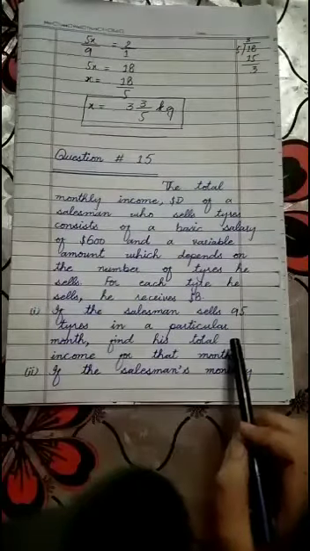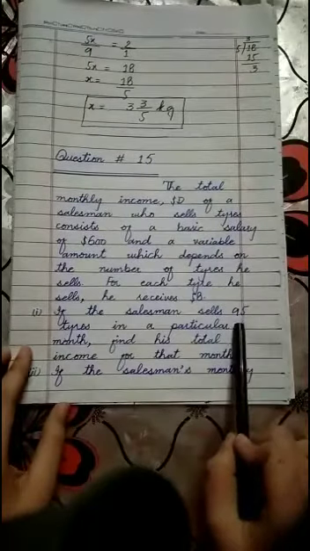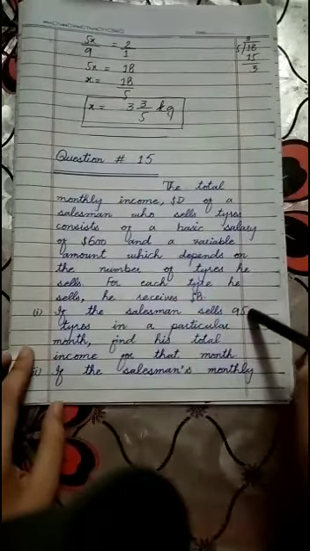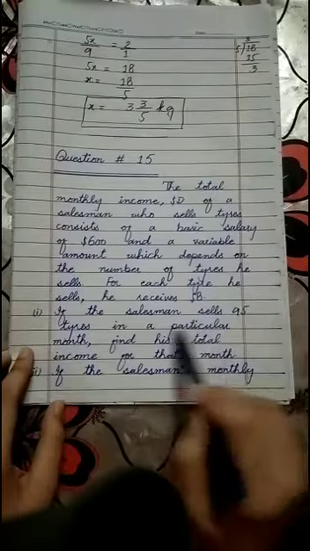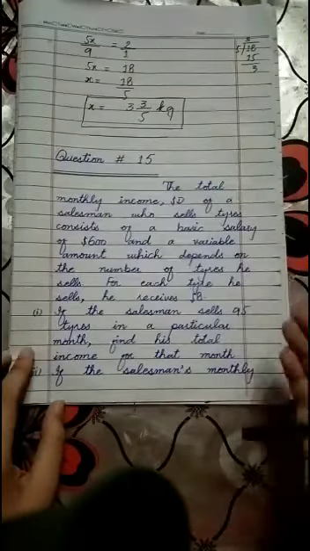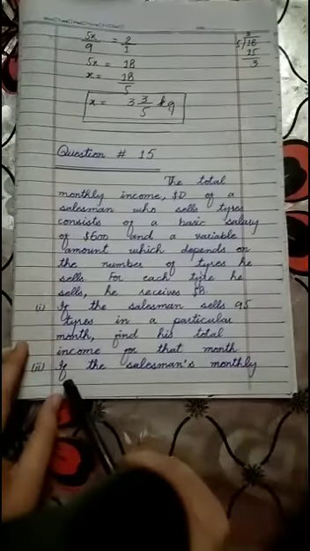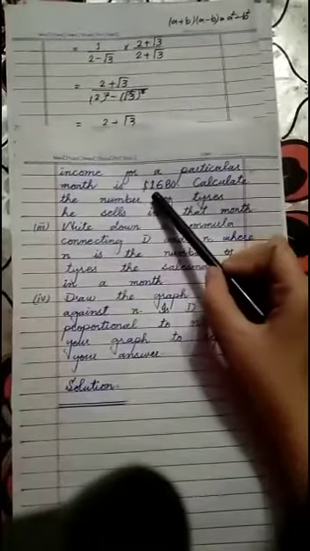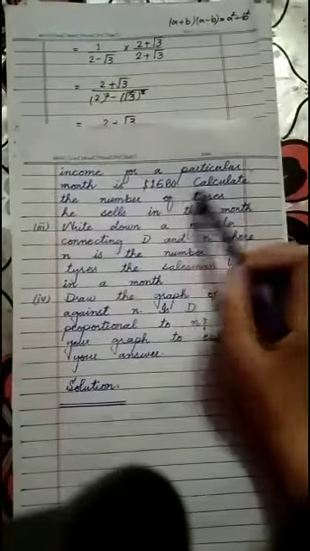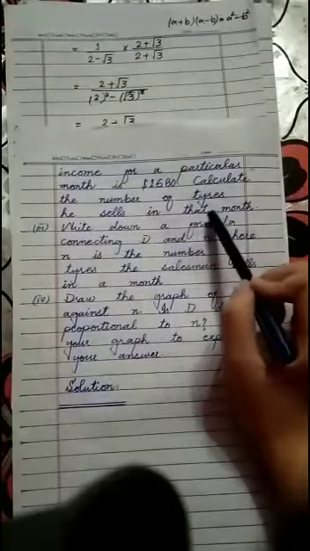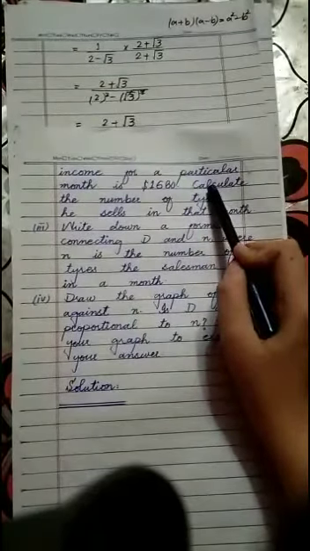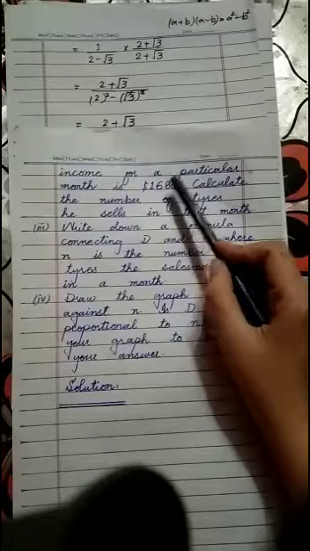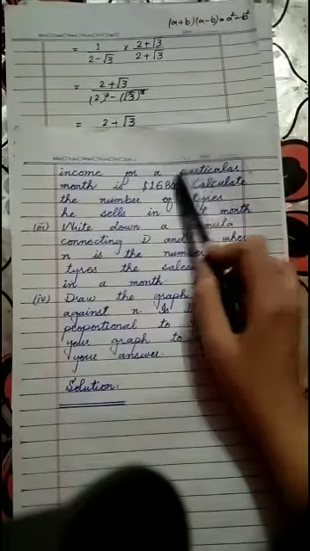In the first question, what is required and what is given is that the salesman is selling 95 extra tires, meaning the gross salary is $600, 95 tires extra he is selling in that particular month, so we have to find his income in that month. Okay, the second part is, if the salesman's monthly income for a particular month is $1,680, calculate the number of tires he sells in that month. Now in the second part, it's given that extra salary is added in his gross salary and it is required to find how many tires he sold in that particular month.